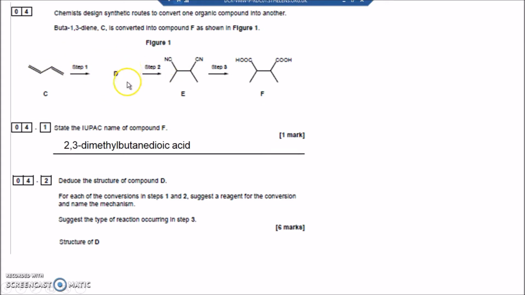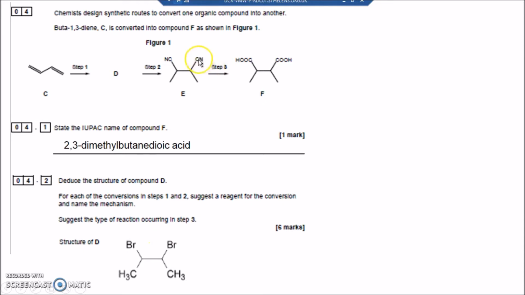What do CNs replace? Well, CN minus are nucleophiles. They've got a lone pair of electrons on the C, and they attack a delta plus on a C and release something like a Br. So if you had Brs on here, the Brs could get replaced by CNs. So D has got Brs where the CNs have been,